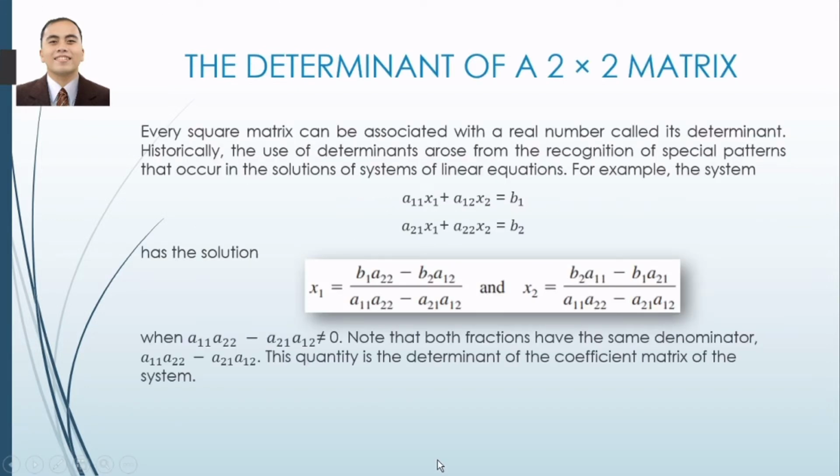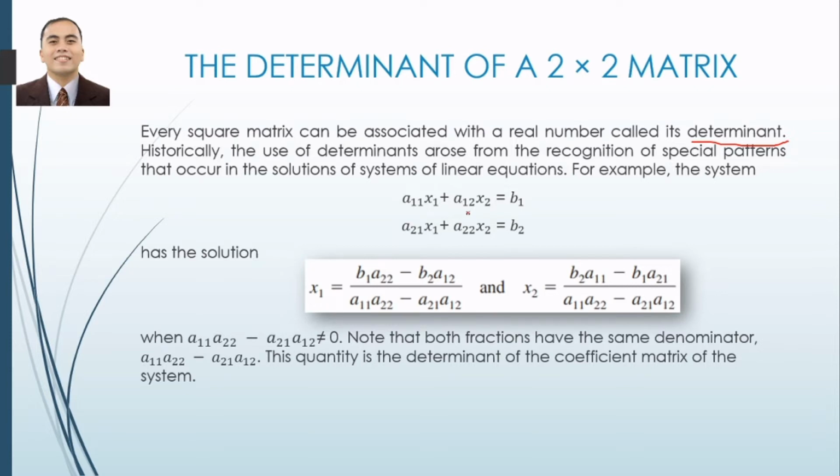So, the determinant of a 2 by 2 matrix. Every square matrix can be associated with a real number called its determinant. Historically, the use of determinants arose from the recognition of special patterns that occur in the solution of systems of linear equations. For example, the system a sub 1 1 x sub 1 plus a sub 1 2 x sub